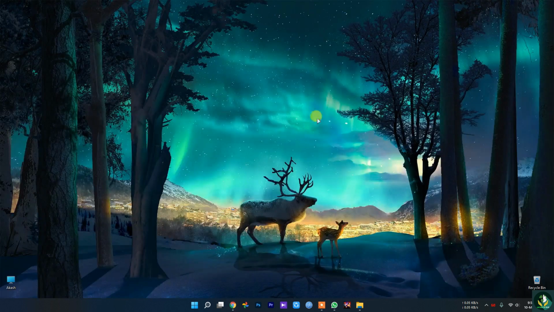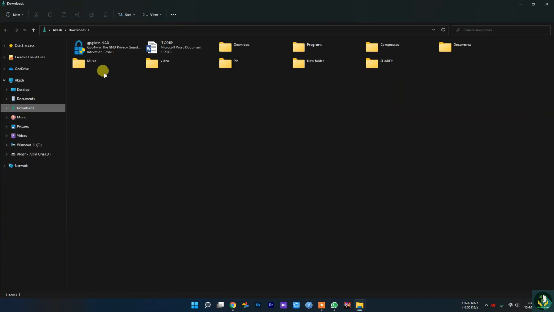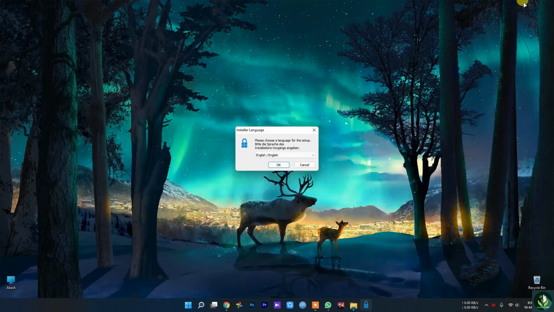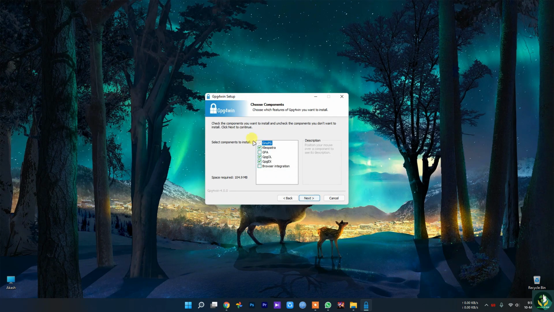Now let's go and install GPG for Windows. Just double click and it will start the installation process, which is pretty easy. You must tick this GPA, otherwise it cannot work.